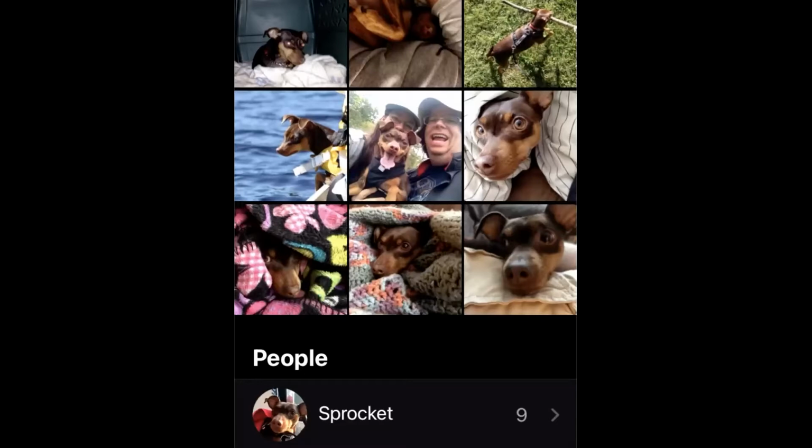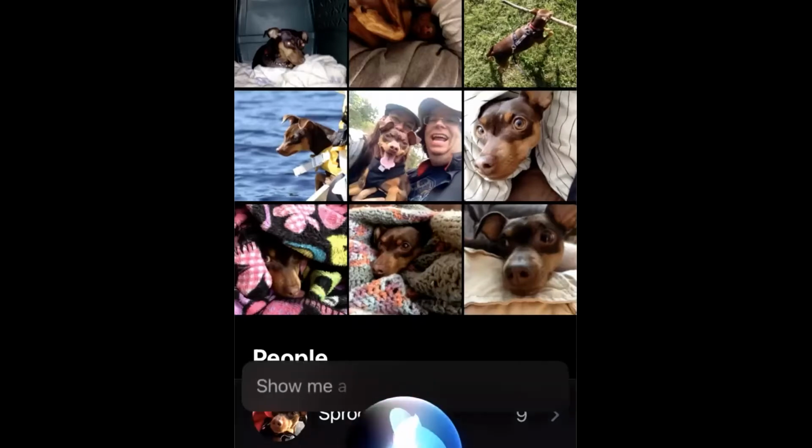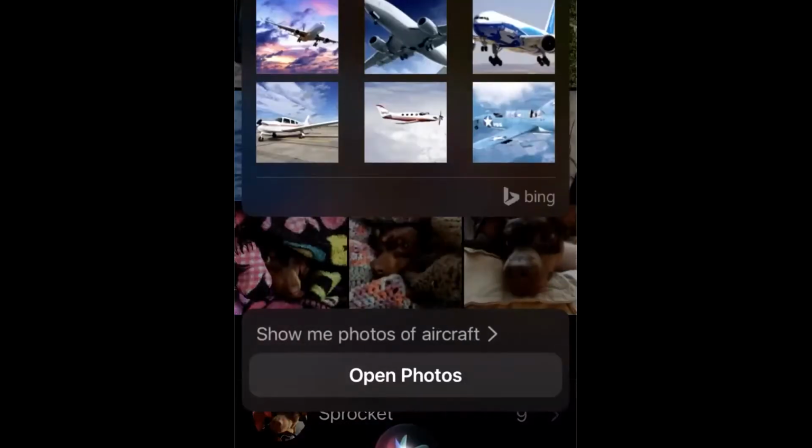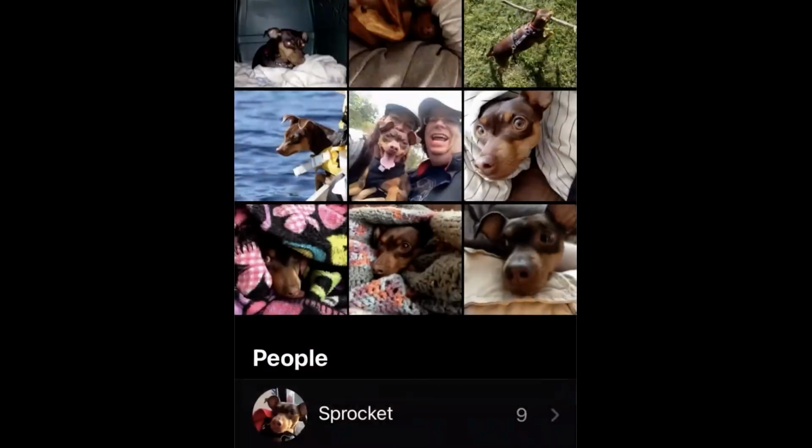One of the really neat things about iOS and Photos is you don't actually have to label everything. You can say something like, show me photos of aircraft. And because of machine learning... Oh, really? That worked before. Show me photos of canoes.